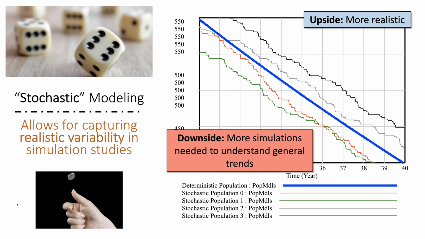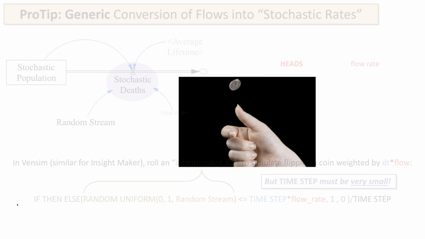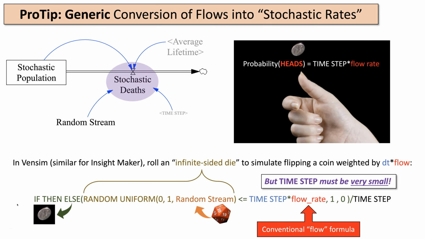Okay, so that's the main point, but I did want to give one more tip, at least with respect to VinSim, and again, there's an Insight Maker side of this as well. In the particular example I gave, where we use that random binomial, that really is only an appropriate technique if you know that the probability of this event doesn't vary with, say, the number of bacteria in the population. So we know every bacteria has the same probability of dying in the time step, regardless of how many